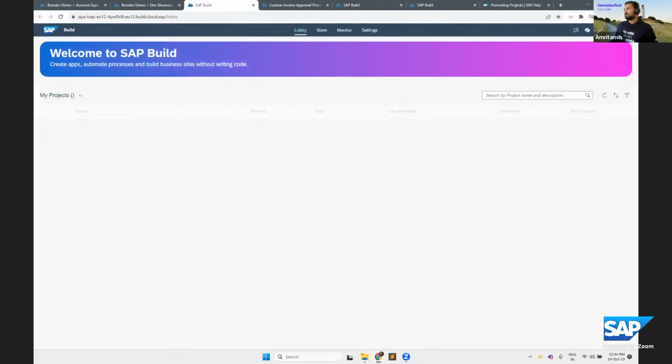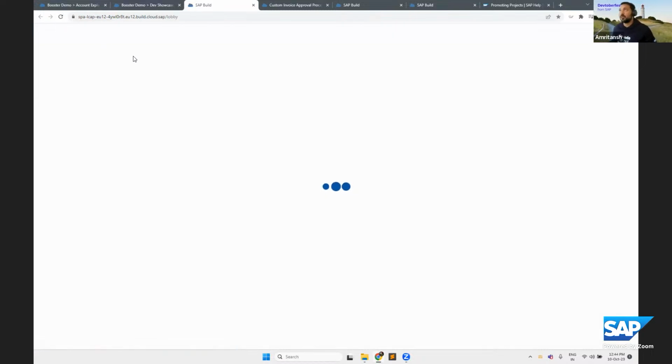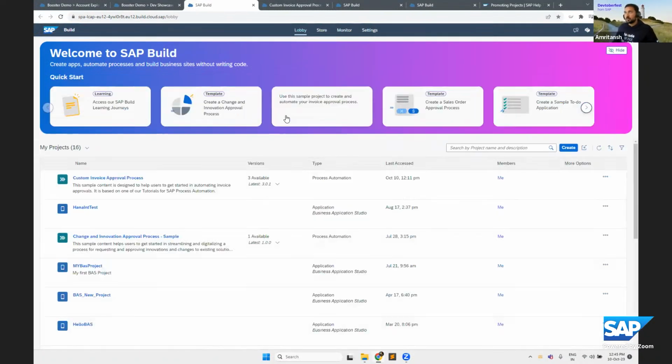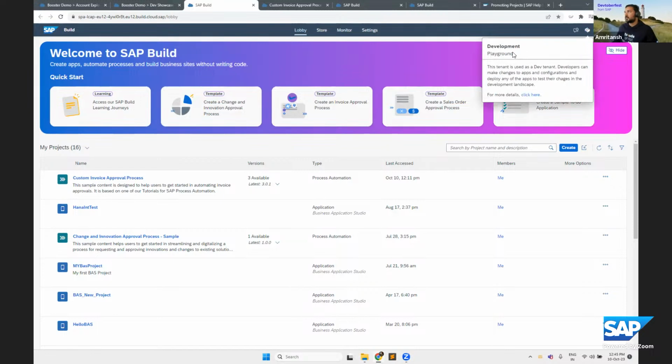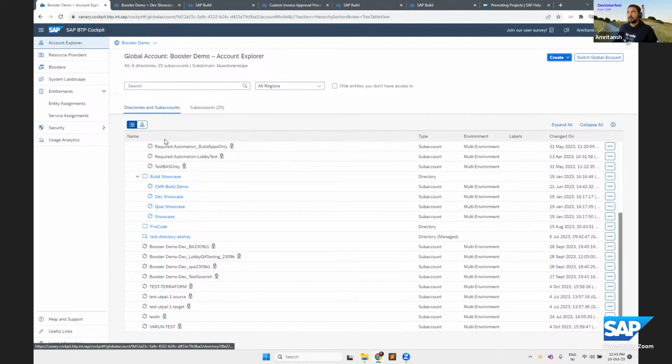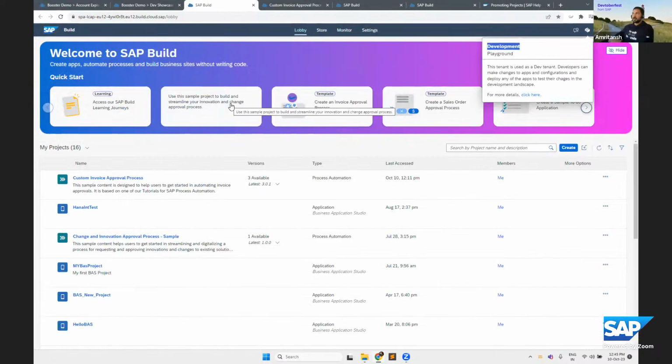Okay, so as I was saying, this is the entry page for the SAP Build portfolio. Whether you subscribe to Build Apps or Build Process Automation, this is where you get to. As you can see, I already have this tenant configured as a dev tenant in my setup. If I go through the details, you can see this is a development mode tenant, which I can use for deploying my processes and automations. Similarly, there are other tenants which we've configured as the test tenant and the prod tenant, which we'll go through later in the demo.